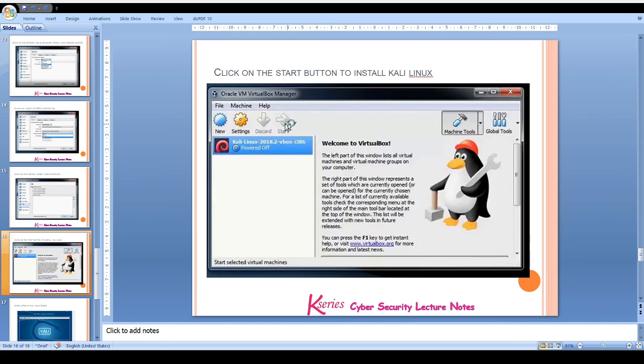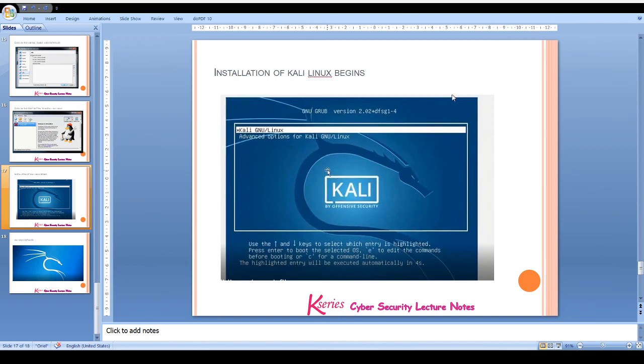Now you can start installing your Kali Linux. Just press the start button over here. Installation of Kali Linux begins, as you can see on my screen also.